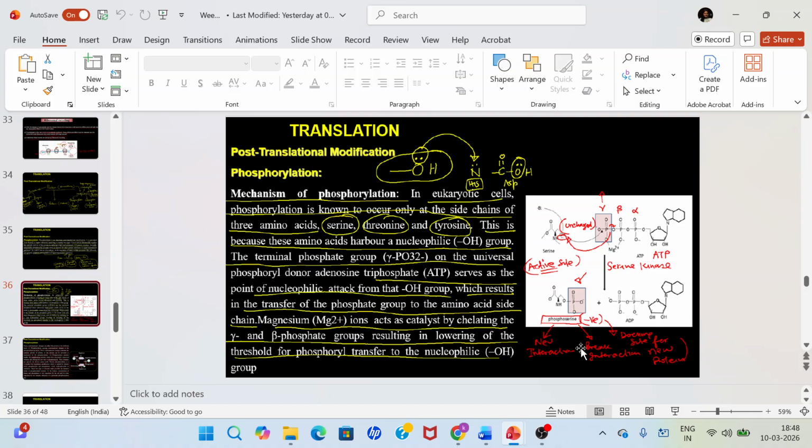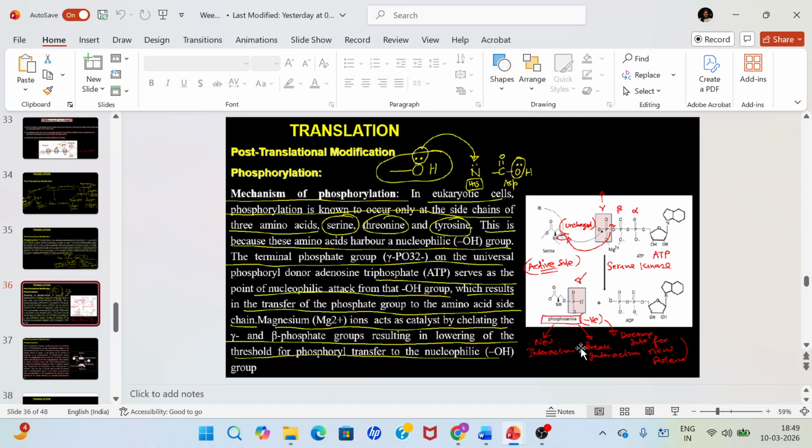The terminal phosphate group, that is on the universal phosphoryl donor adenosine triphosphate, serves as the point of nucleophilic attack from the OH group, which results in the transfer of a phosphate group to the amino acid side chain. And the magnesium ions act as a catalyst by chelating the gamma and the beta phosphate groups, resulting in lowering of the threshold of phosphoryl transfer to the nucleophilic groups. So basically this is the whole process in which magnesium also helps, and this OH group attacks nucleophilically on the